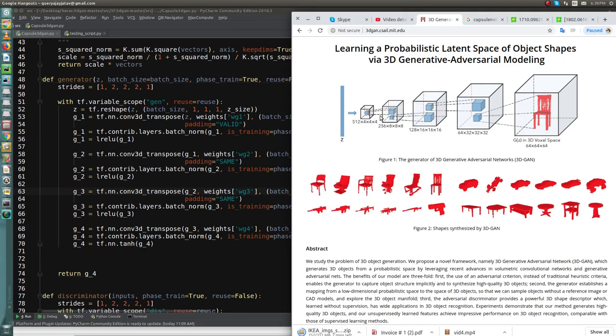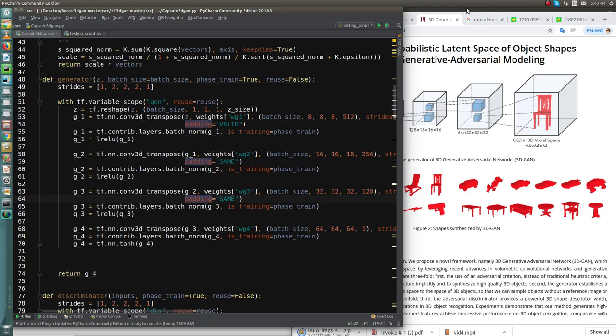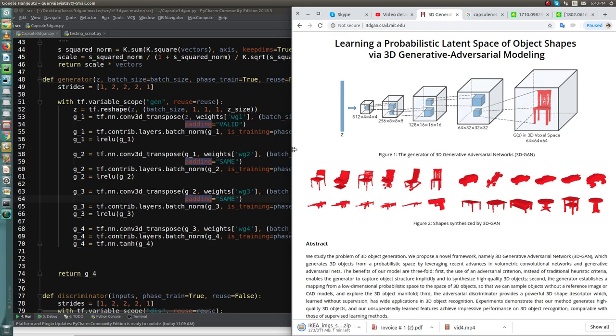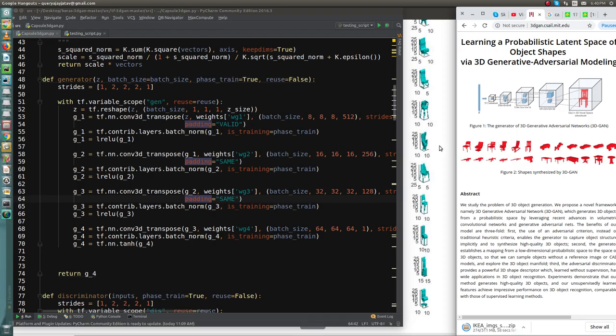It has 5 layers, 1 2 3 4 5, and the 5th creates a 64 by 64 by 64 voxel space 3D chair. I just reduced one layer, because capsule is already squashing the input so much, and I don't have that much time to wait a longer time to get an output. So I created only 4 layers. Here you can see the difference with my model in the generative part. Then I'll go for the discriminative model.